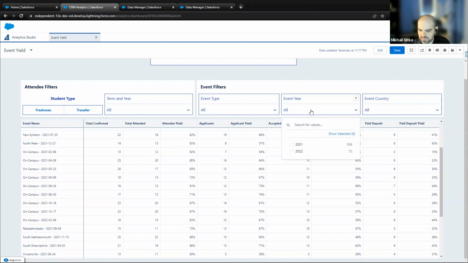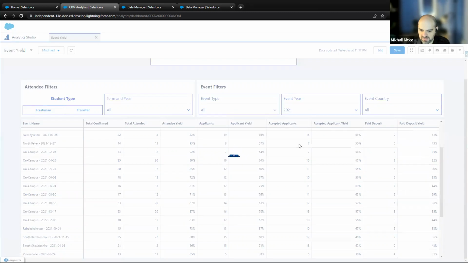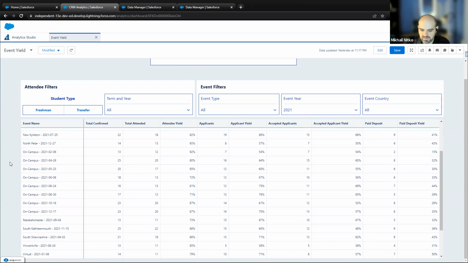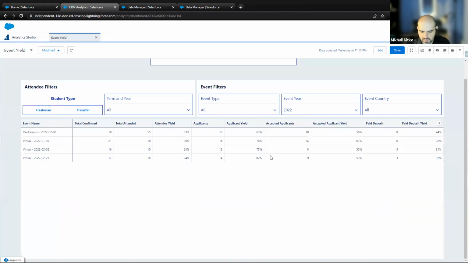Basically you would go to the year. So let's say these are the events that were held in 2021, and you see what your numbers are for those events. Then you would go to the next year and see, oh, it appears that the same event, like this on-campus event that I'm holding, has yielded this amount in this year. So year to year, you get to see what the differences have been. And this is how you see how effective those events were.